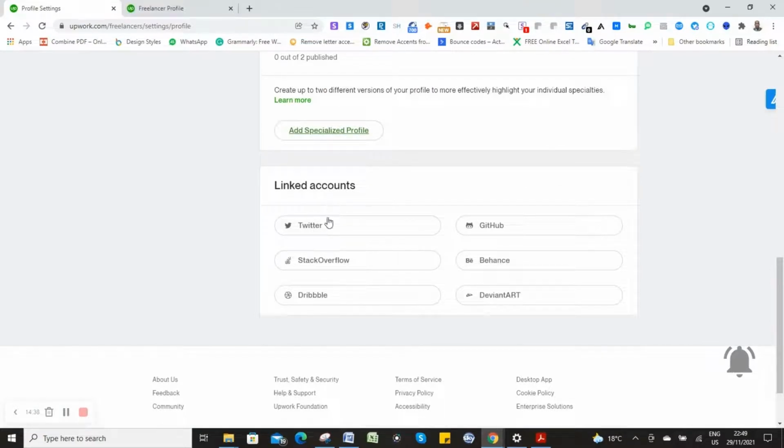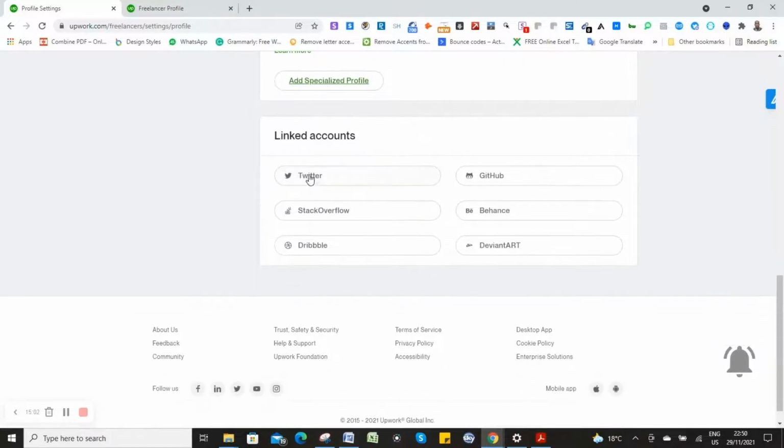Now, you can also add social media accounts. If you are on GitHub, you can put in. If you are on Behance, you can add your profiles on these particular platforms, especially for developers. I know most developers are found on these platforms. But the majority of us are found on Twitter. So make sure your Twitter account that you're going to link here is also a